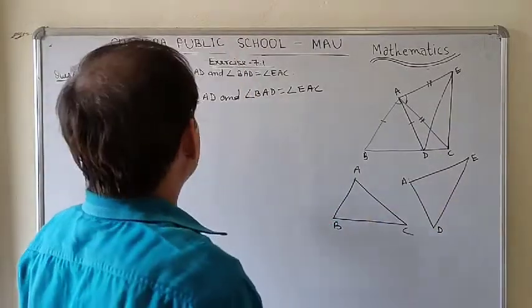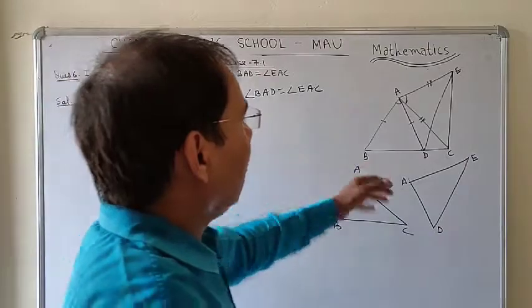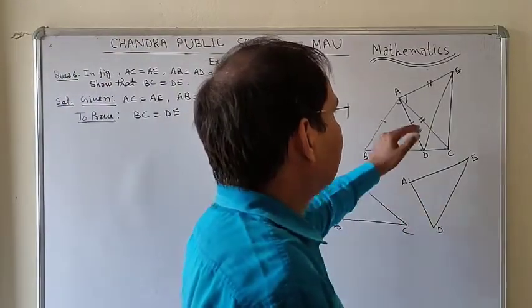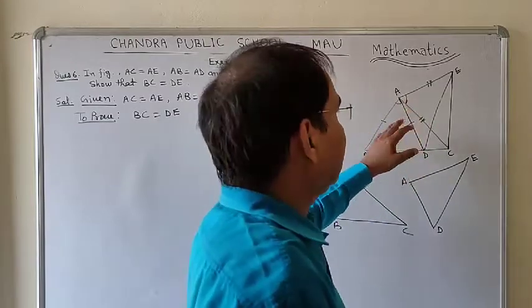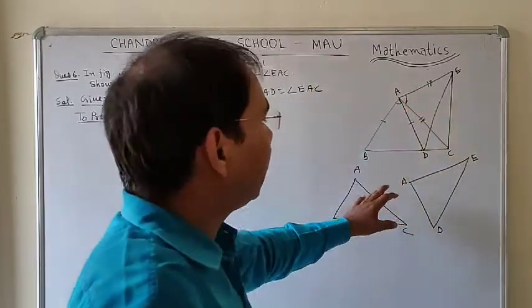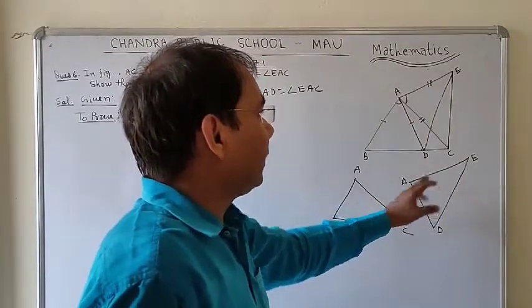Now look here at what is given equal in both triangles. Students, I have drawn these two triangles separately because this is a very complicated diagram. Here you will get confused, as many triangles are formed. So it's better to draw both triangles separately.